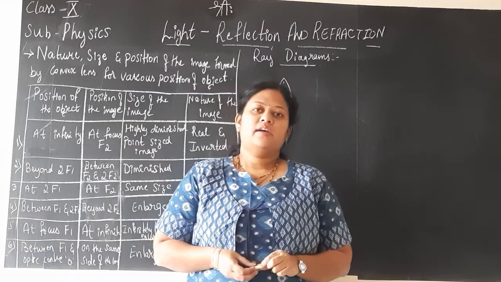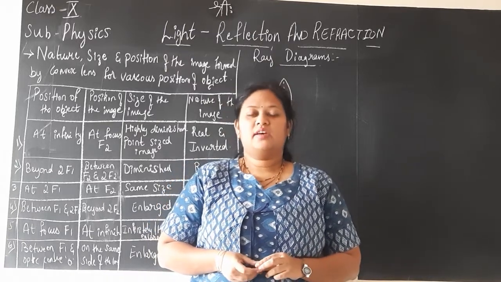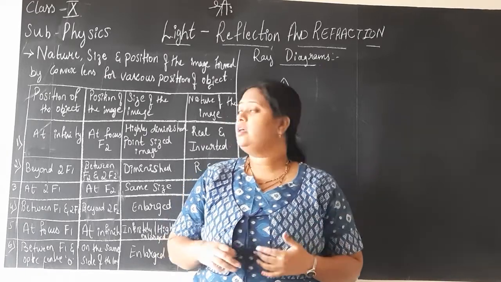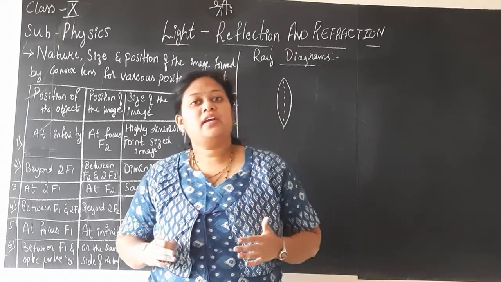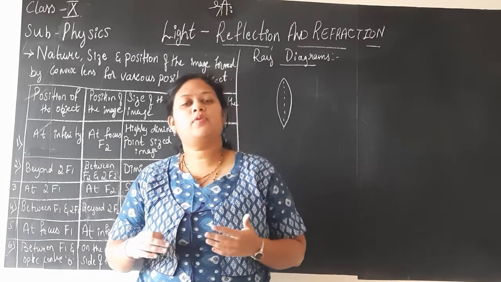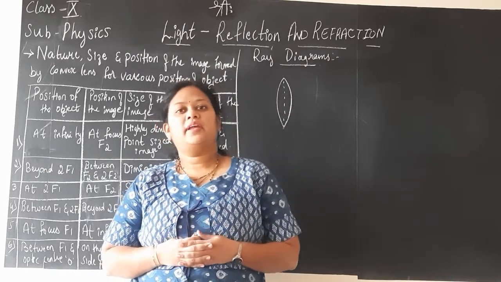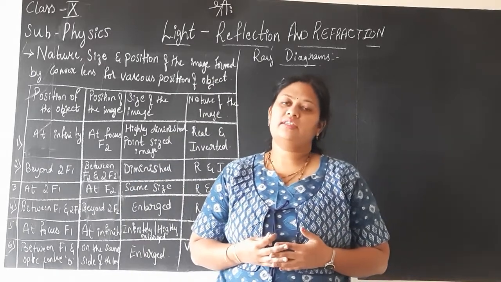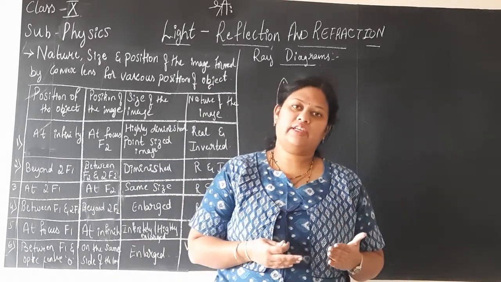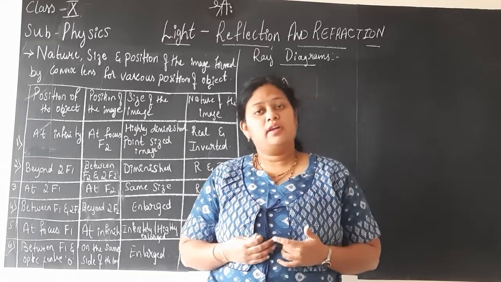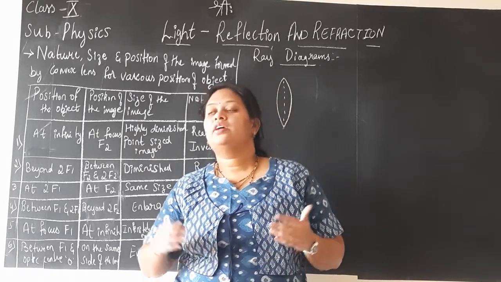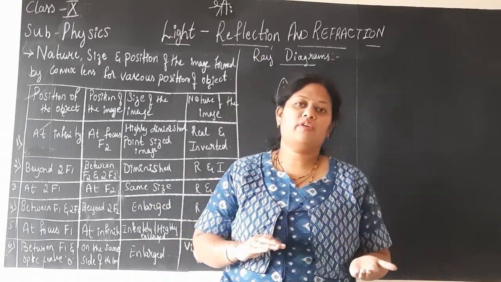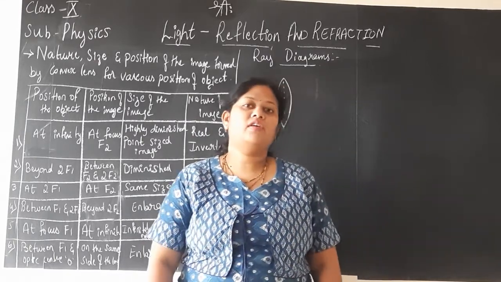Hello children. In the previous session of physics, we were discussing the lesson on light, and we were discussing mainly the spherical lenses, that is, how the process of refraction takes place through the spherical lenses. There are two types of lens, that is concave lens and convex lens, and we also learnt the ray diagram, that is how the convex lens converges the light and how the concave lens diverges the light. All that we discussed